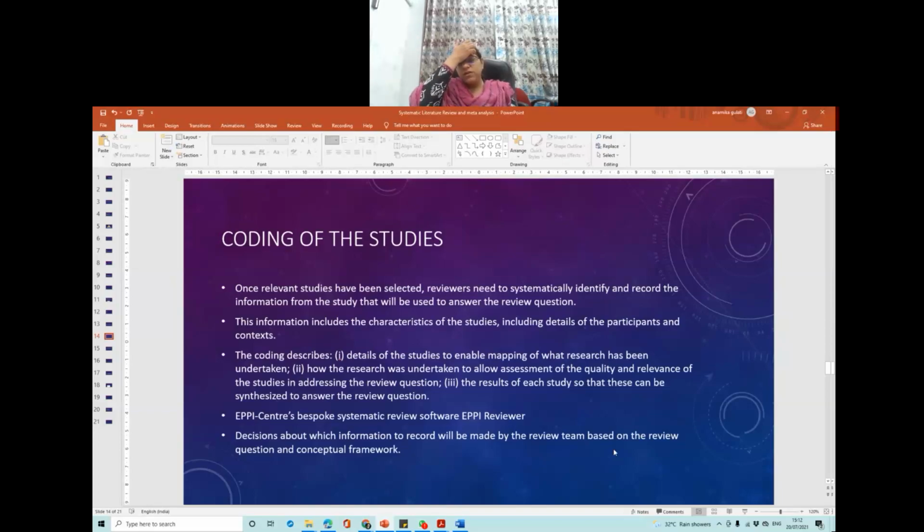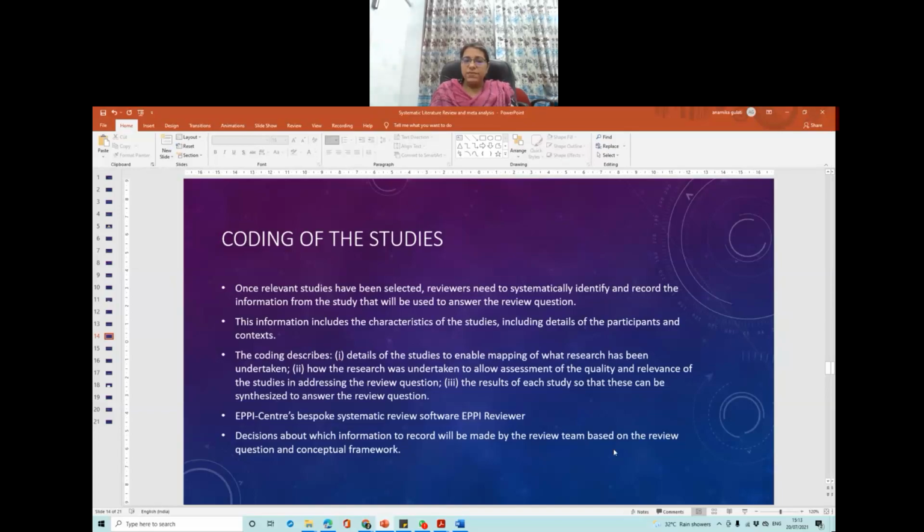citation. So the information includes the characteristics of the study, the basic characteristics of the study, which includes where the study was conducted, how many patients or participants there were, what was the study design, was it a cross-sectional survey study, an observational study, a randomized control trial, what kind of study, what was the inclusion and exclusion criteria of that particular study. So all these things are basic characteristics of the study.